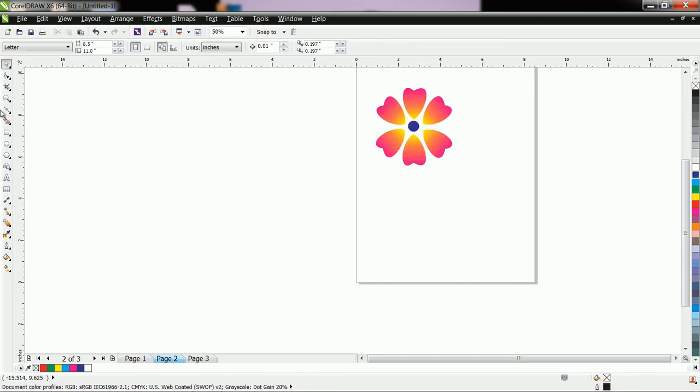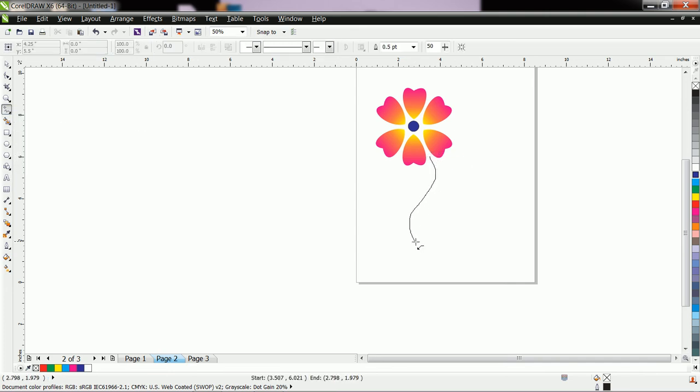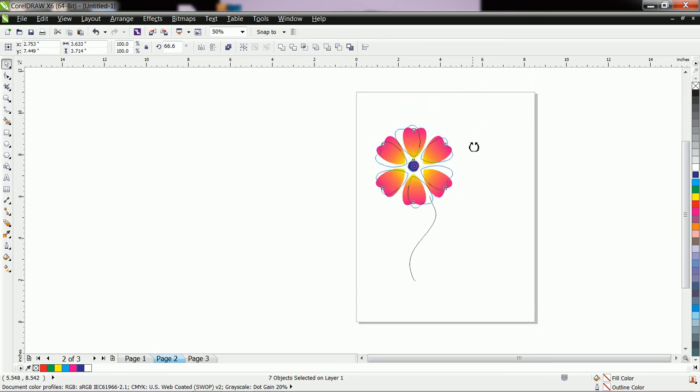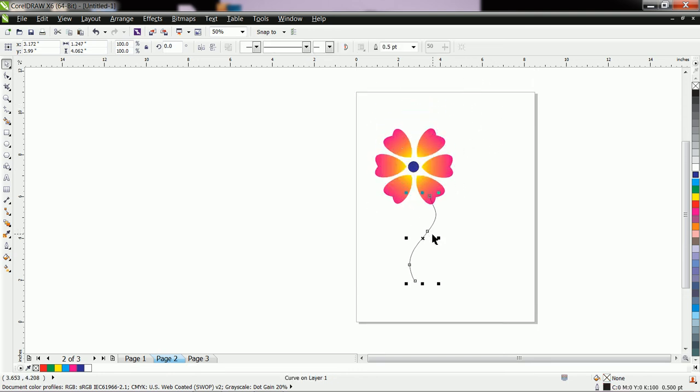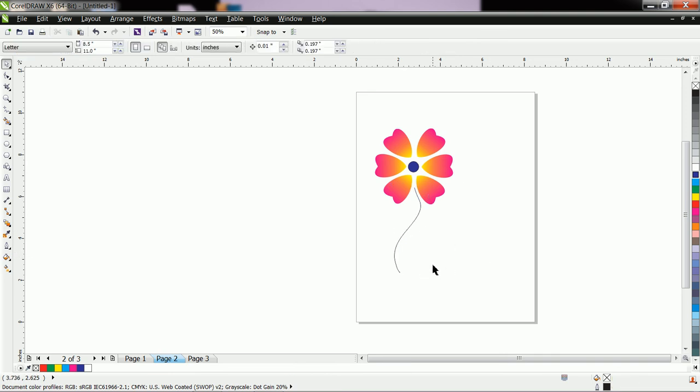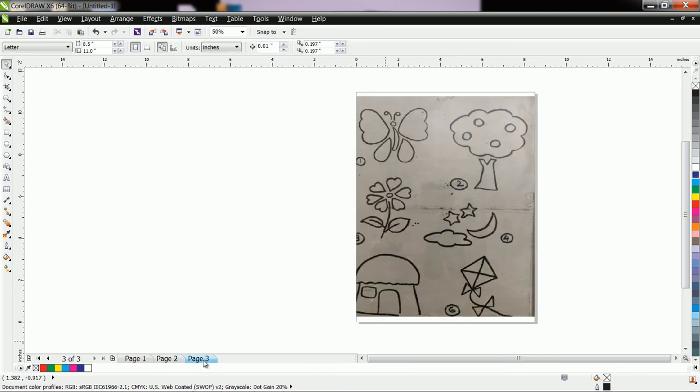Now here also you can use freehand. You can also rotate this shape. Use this freehand tool here. Okay, then you can also create leaves.